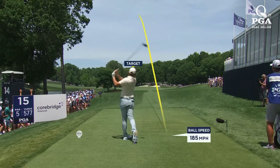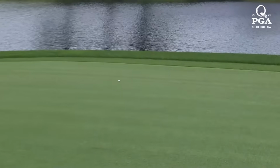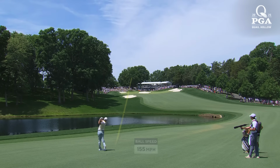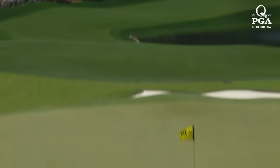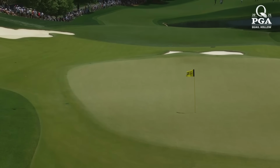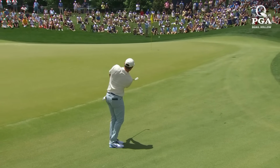Standing in this tee, I don't see taking it over these trees very often. That's a very aggressive line. But if you can carry it about 320 in the air, that makes it a little bit easier. That's hammered. Perfect tee shot. That's exactly what he did, losing it a little bit right. Not too bad over there, though. His third at the par 5. Nicely played by